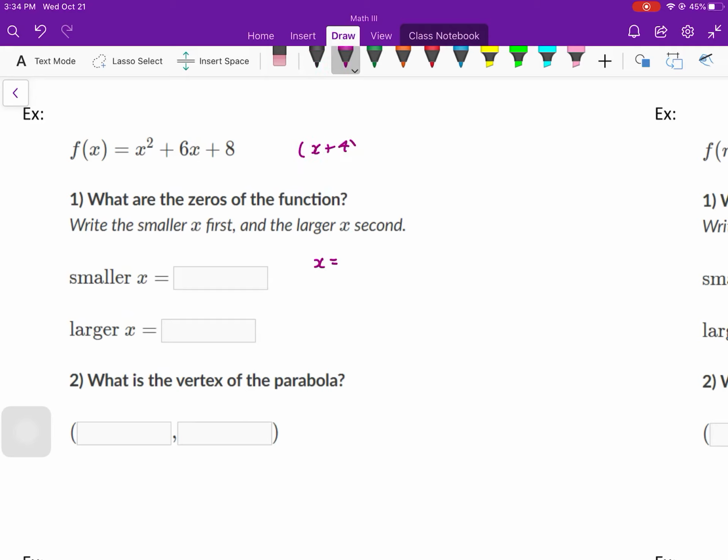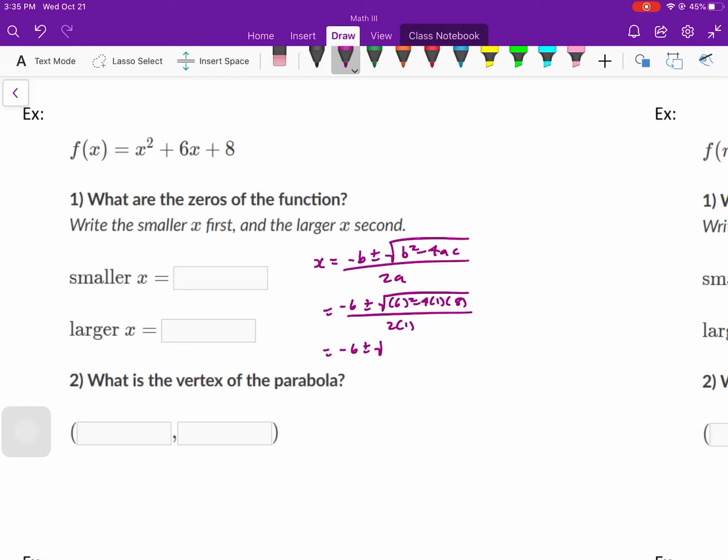It factors to x plus 4 times x plus 2. You can quickly see that the zeros are -4 and -2. But we're going to do the quadratic formula. That's negative b plus or minus the square root of b squared minus 4ac, all over 2a. So that's -6 plus or minus the square root of 6 squared minus 4 times 1 times 8, all over 2 times 1. So -6 plus or minus the square root of 36 minus 32, which is 4,